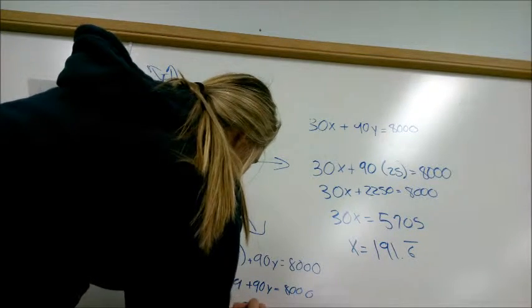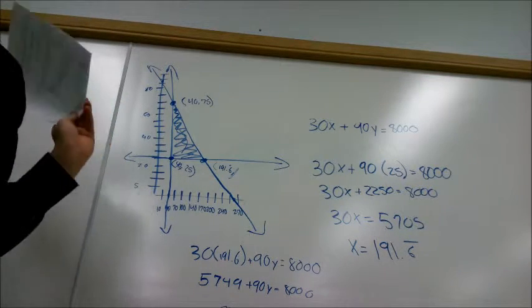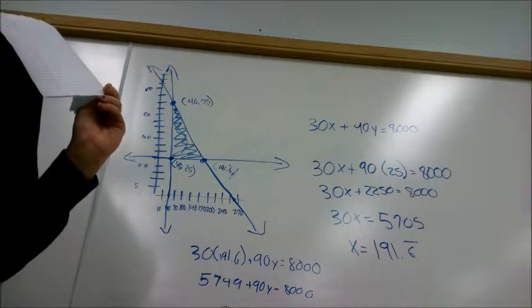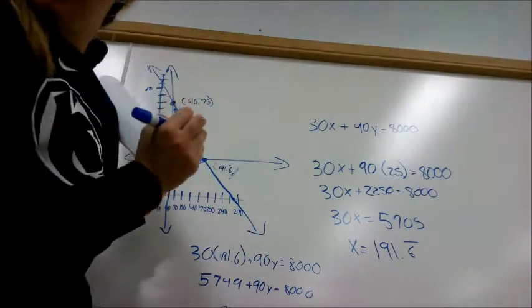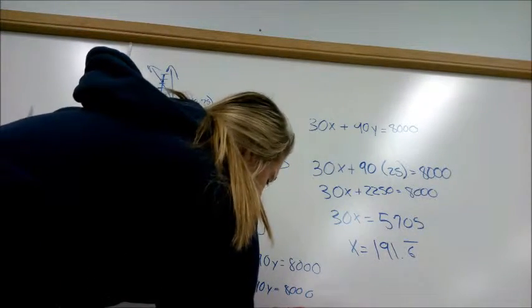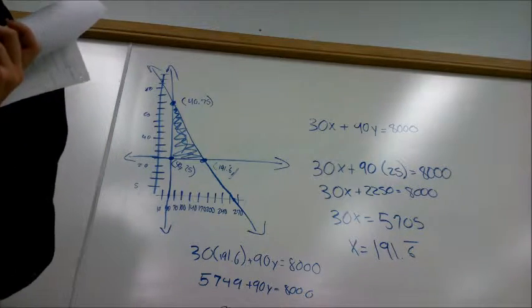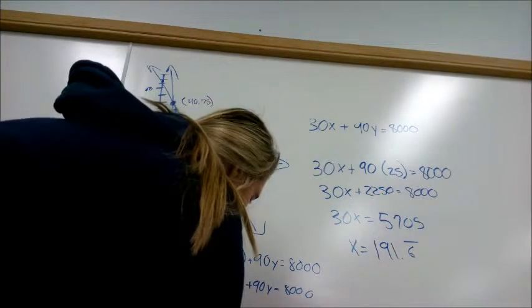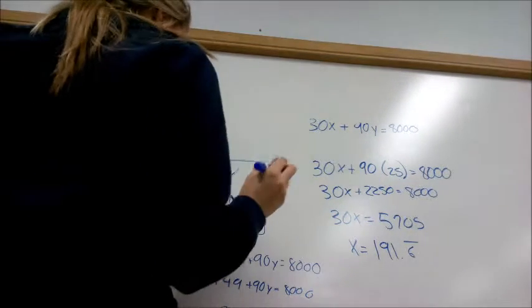And you take 90y equals, and you subtract the 5,748 to get 2,252. And then you go and divide that by 90 to get 25.7. So your y point would be